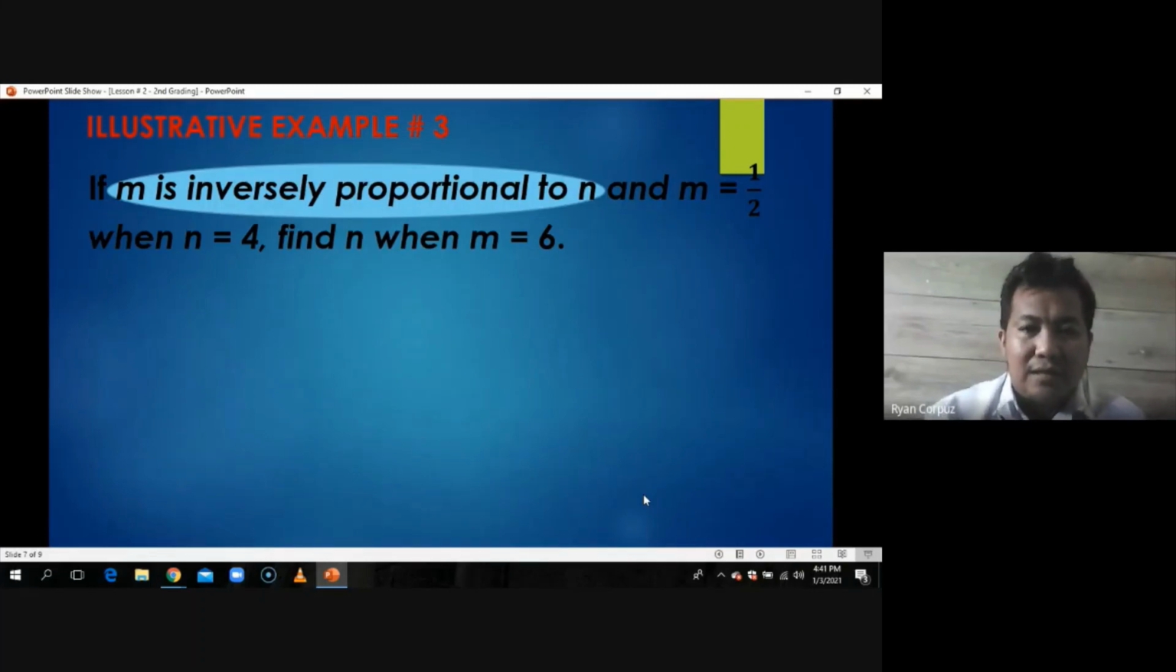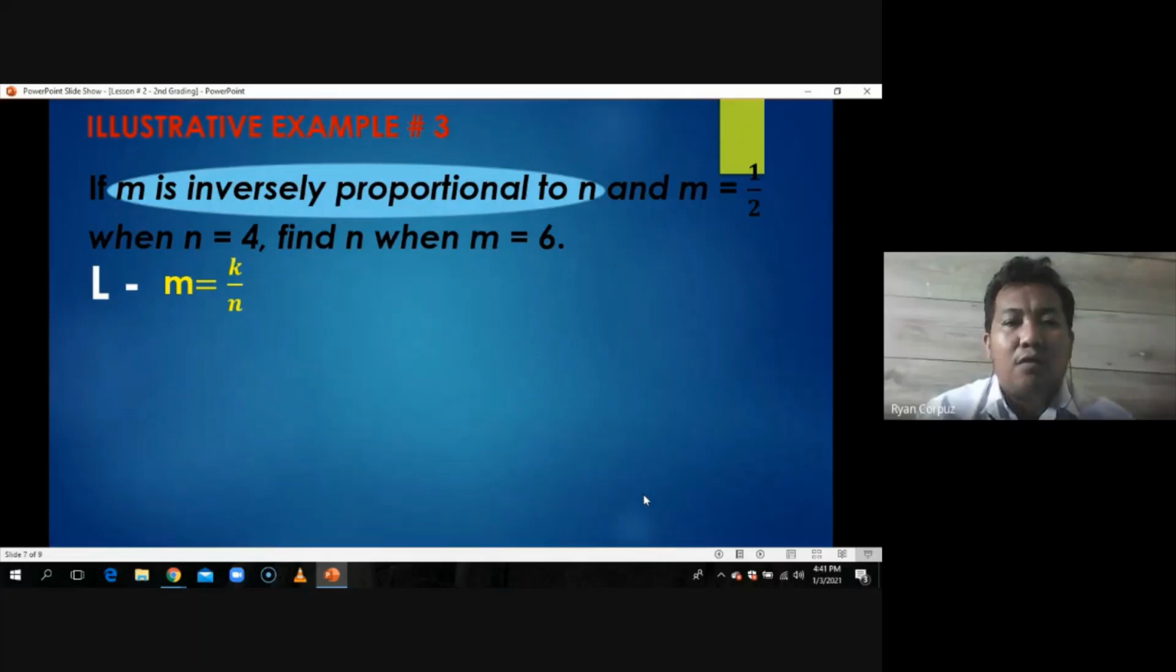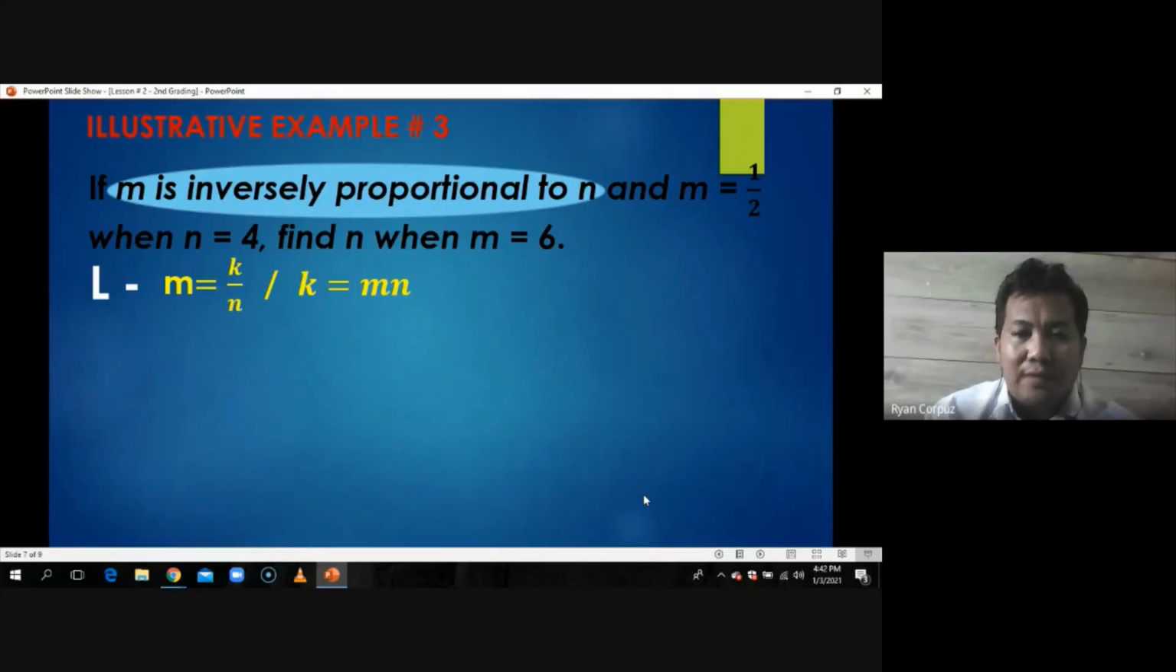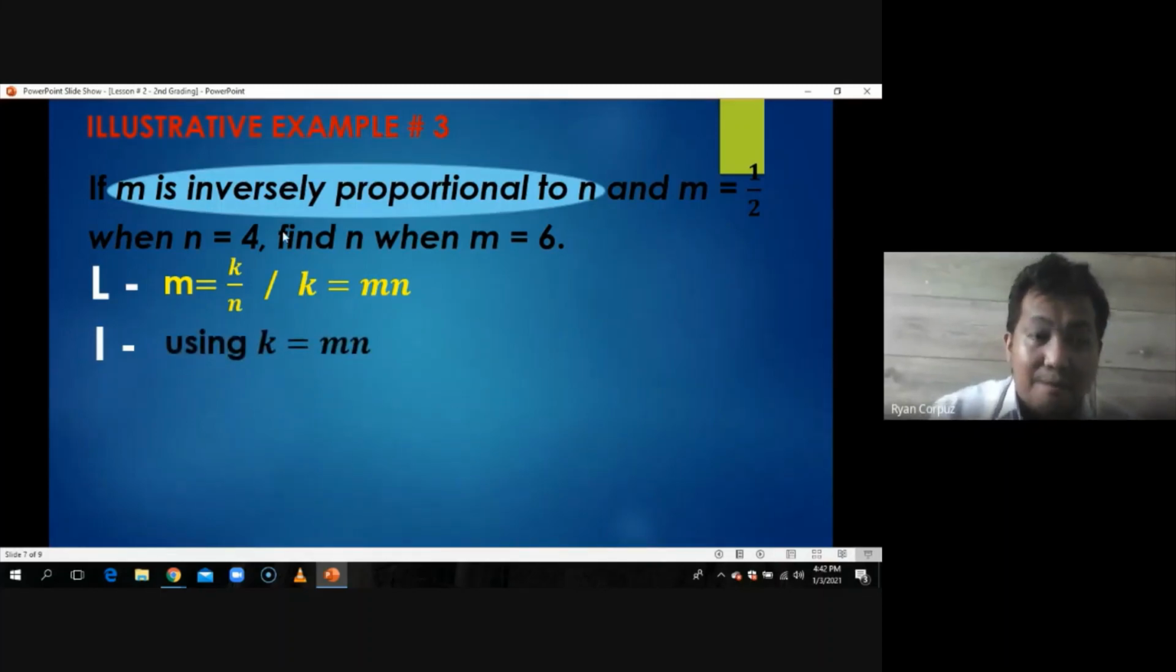So we translate it into symbols, applying the first step. M is inversely proportional to N, so that will be M is equal to K over N. That would be its first translation, the same way as we read it. Then the other translation is in terms of K. So we come up with K is equal to MN, the product of the two quantities. Then, using K is equal to MN, which is always the second one we use, we solve